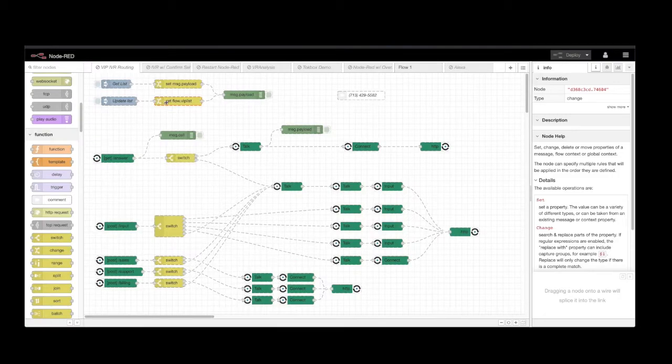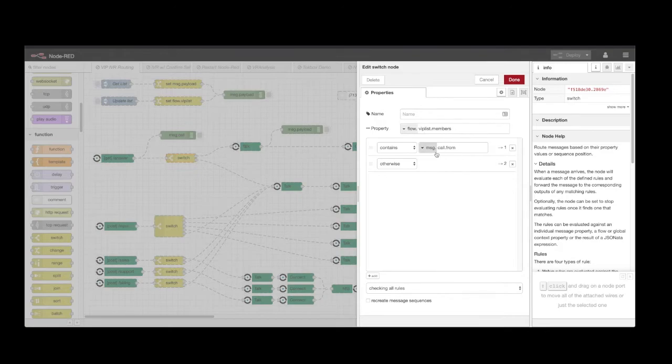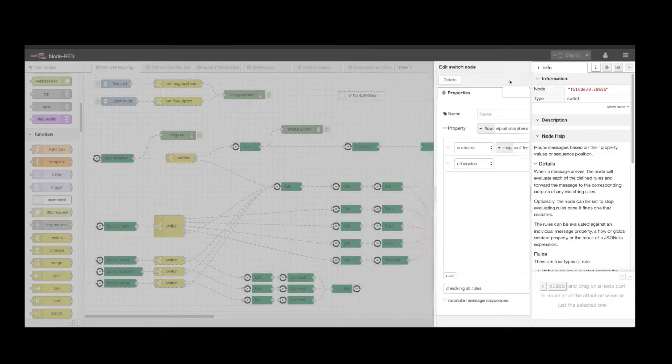You can update this list and click the Update List button, and then you can process by getting the list to reload. So let's take a look at this more in depth. When the call comes into the system, the answer will send it to a switch, which checks against the VIP list, essentially asking, is the caller ID a match for this list? Yes or no?